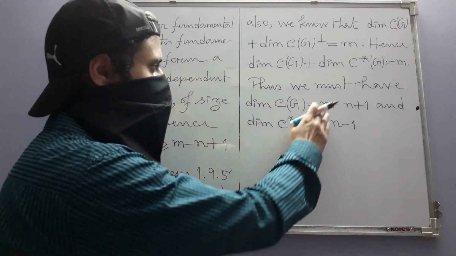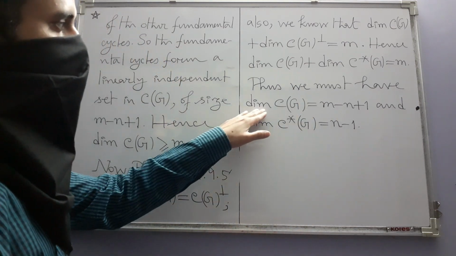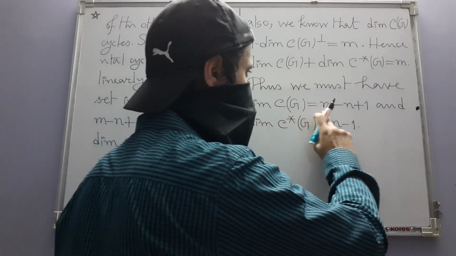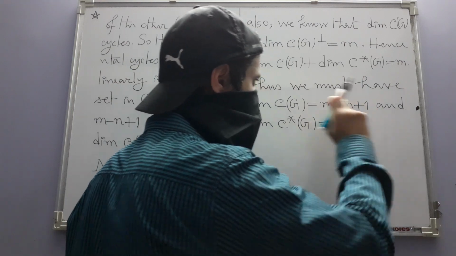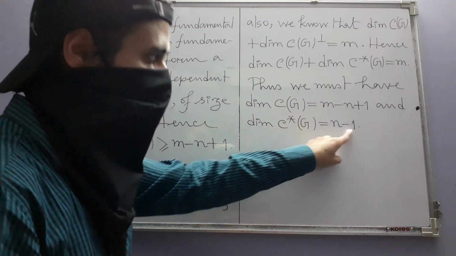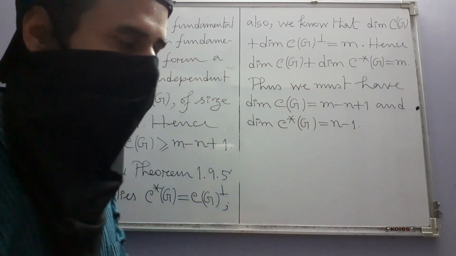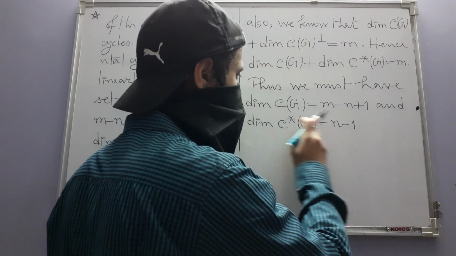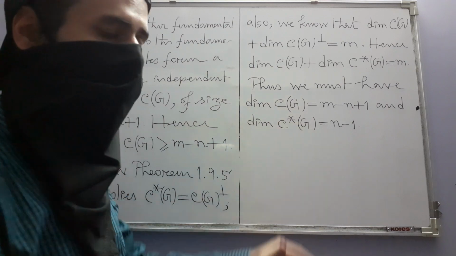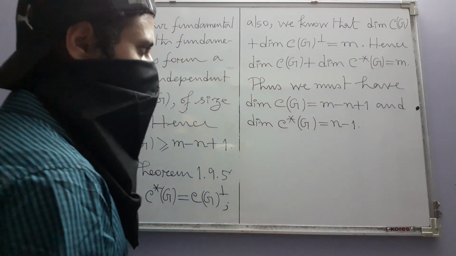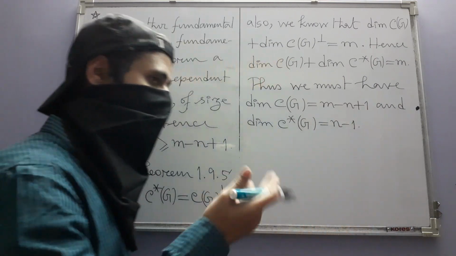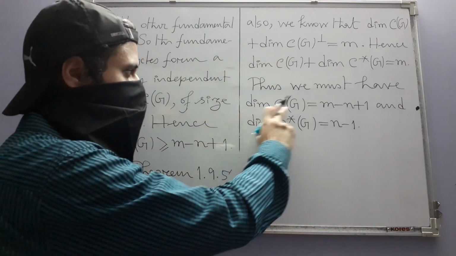So it turns out that these numbers are now equal to the dimensions of the respective spaces. And also we have at least this many fundamental cycles in the cycle space, at least this many fundamental cuts in the cut space. But these numbers satisfy these relations, so they are at most as well. That is, you have at least this many fundamental cycles, but you cannot have any more due to this